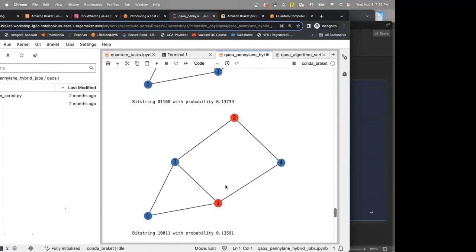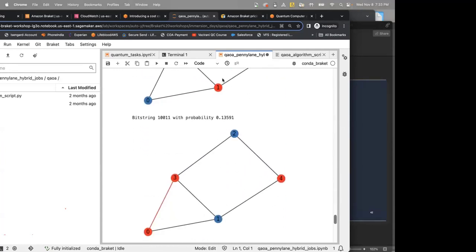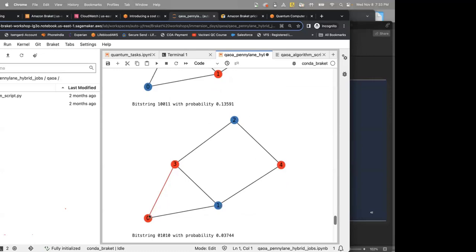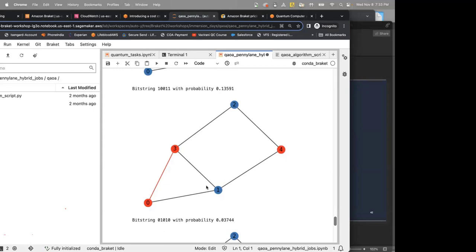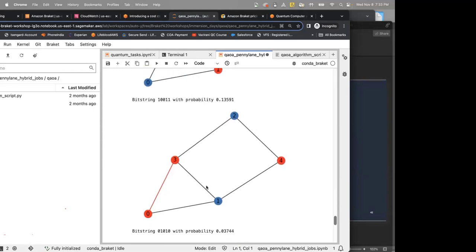Similarly, you can have a cut like this, where 1 and 2 are in red, and 0, 3, 4 are in blue. And similarly, the complement of this one is 1 and 2 in blue, and 0, 3, 4 in red.